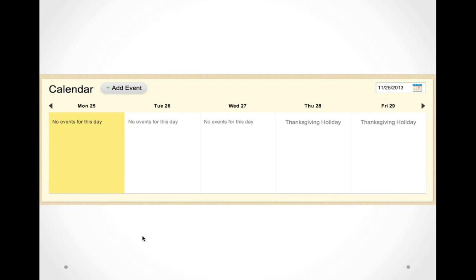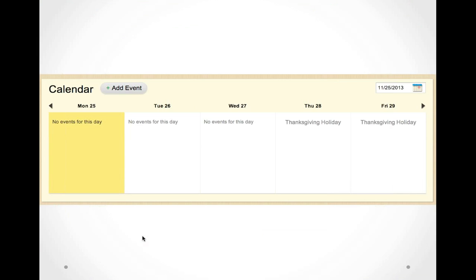You want to remind them to log in to always get the up-to-date calendar in real time, but you're going to have parents that put it up on the fridge. So just keep that in mind. At the very least, get your holidays in there and your scheduled planned time off for things like your snow days and things like that when the days are closed.